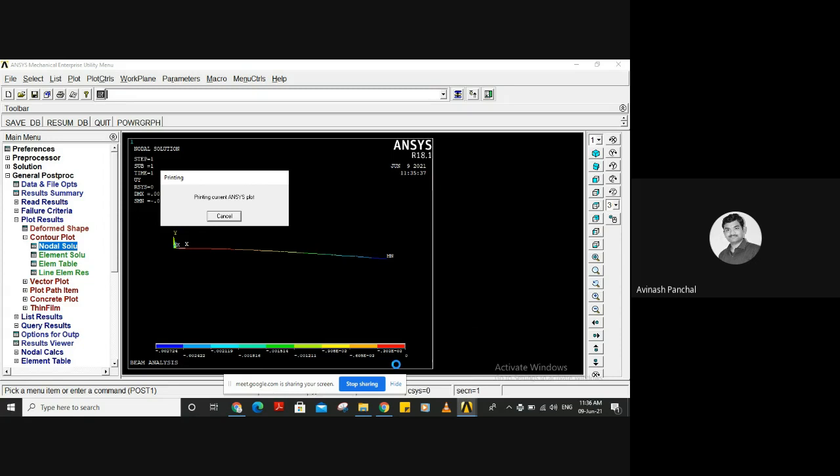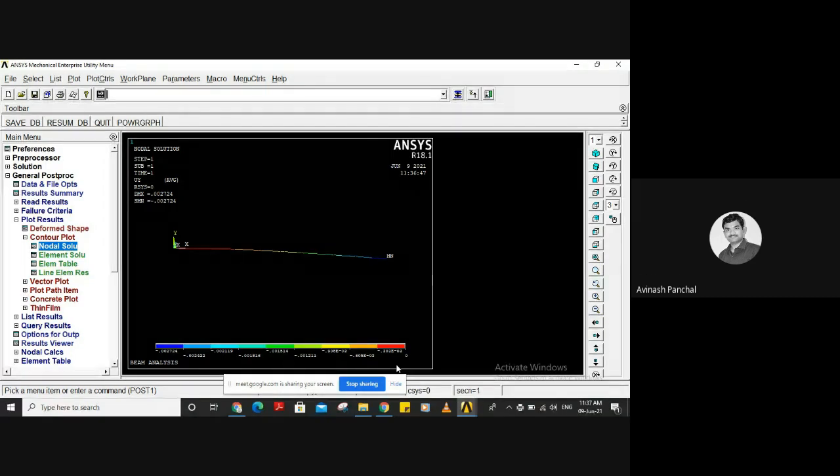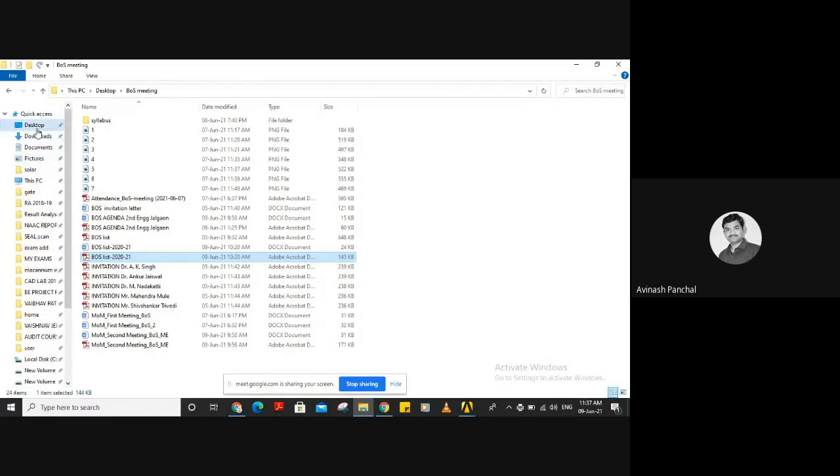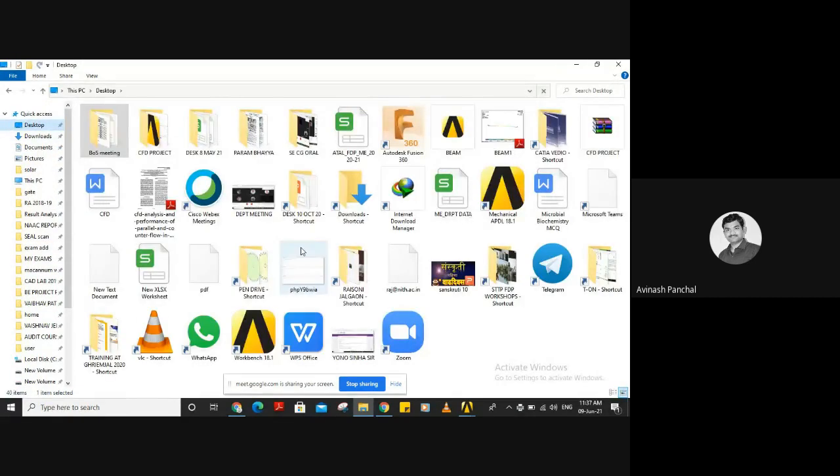It is printing. Now we can see it on desktop. Where is the beam? Here it is.